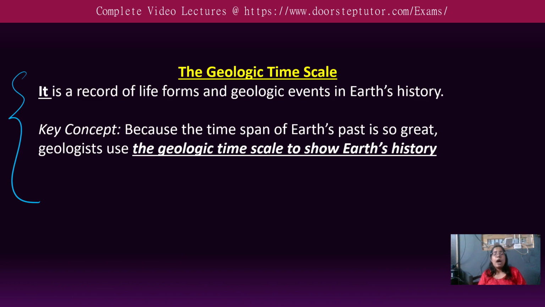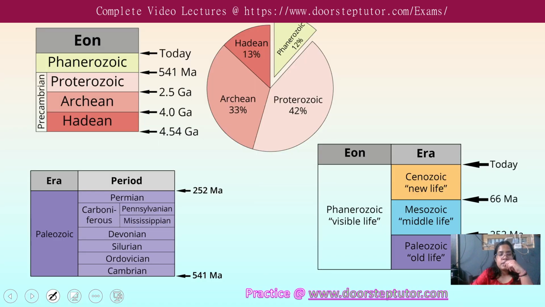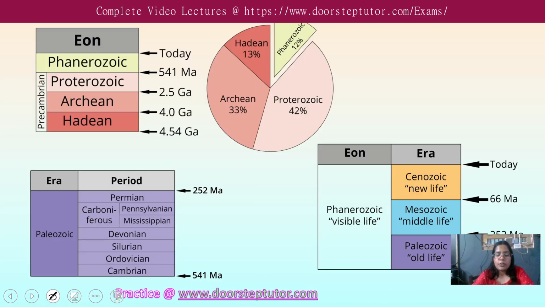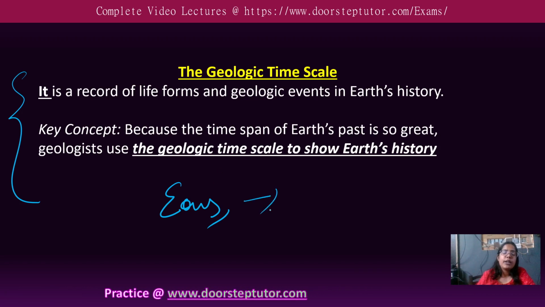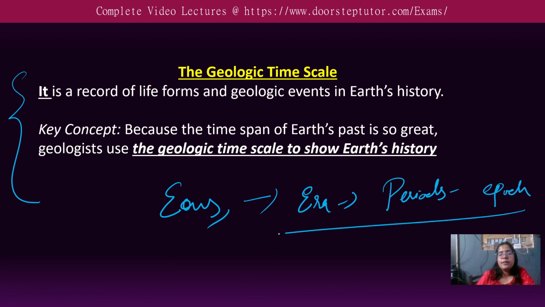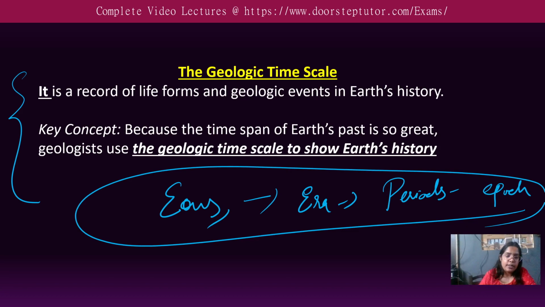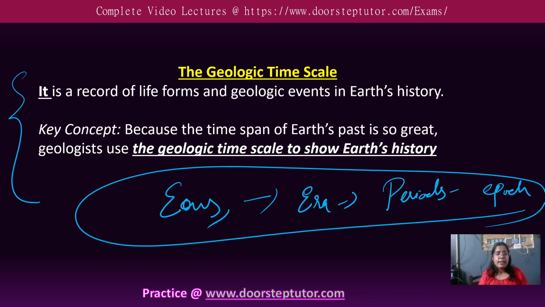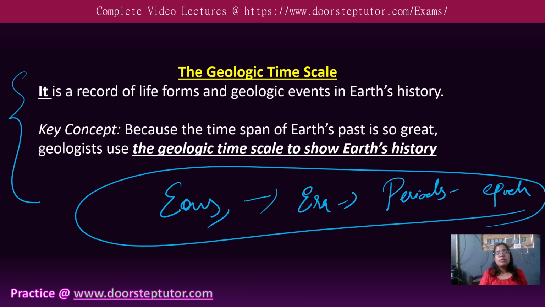Now how does it occur and how is it classified into different types? You are going to learn the eons. You are going to get that term eons here, and after eons you are going to learn the era. After era you will have periods. After periods you will have an epoch. So this is the pattern you need to understand, where the geological events are divided. Let us say an eon was that event where all the events occurred. So in those eons the events occurred.